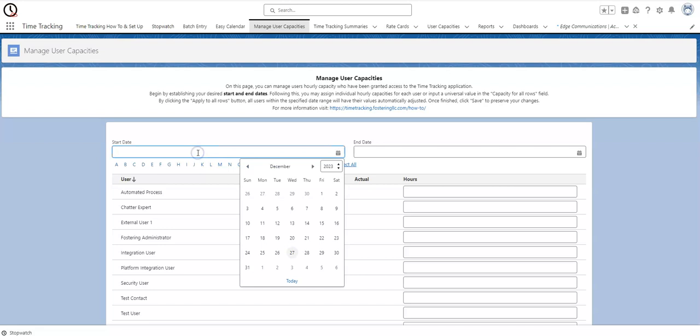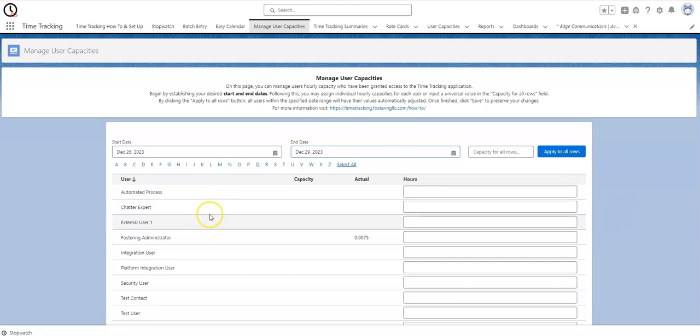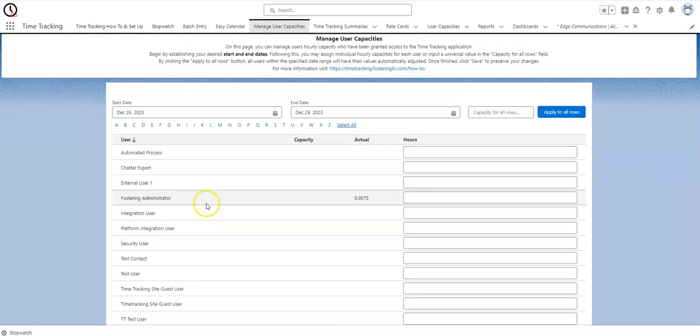After you've come here, you'll want to choose a date range. So let's say I am looking at capacities from, we didn't work December 25th, so let's go the 26th through the 29th. And I can see all my users here. I can see that one person is actually already tracked some time today, but I want to be able to go ahead and set, because all my users that I want to set hours for, they're going to work a